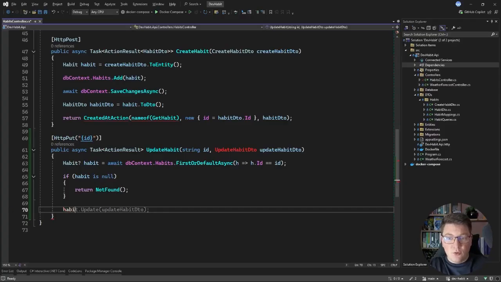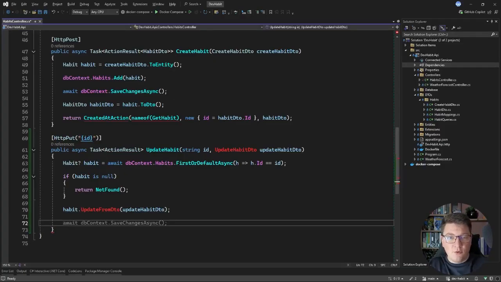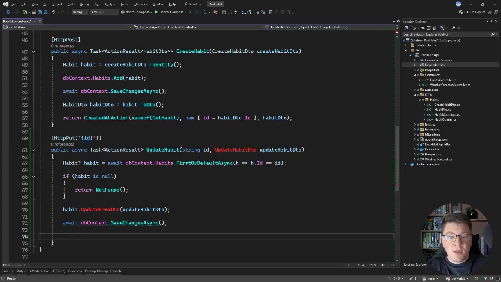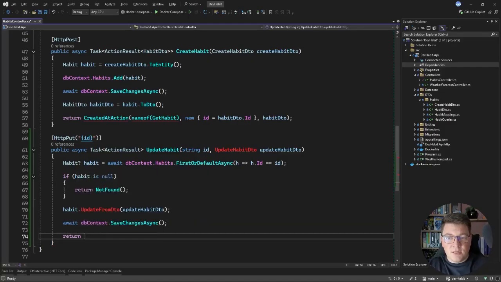So one thing you could do is, for example, manually set the updatable properties based on the DTO. And this can become pretty cumbersome. So I suggest defining an explicit extension method. Let's say update from DTO, and we're going to pass in the update habit DTO as the argument. Then I can call database context save changes async to persist my changes in the database, and then I can return something like